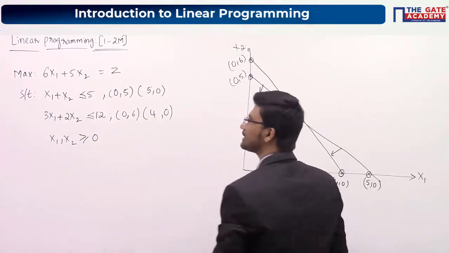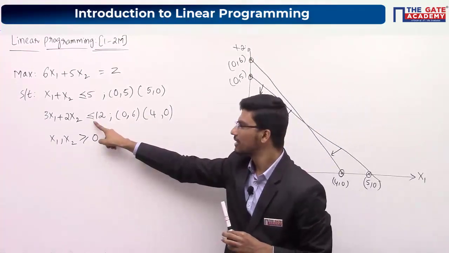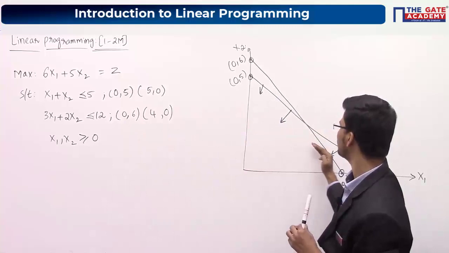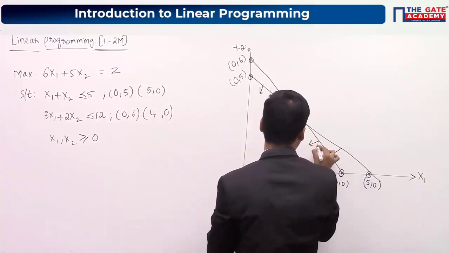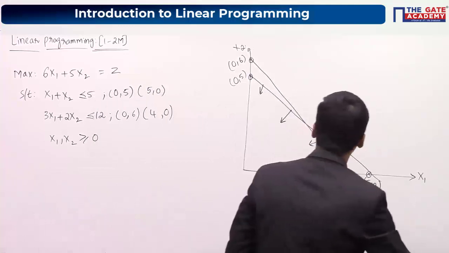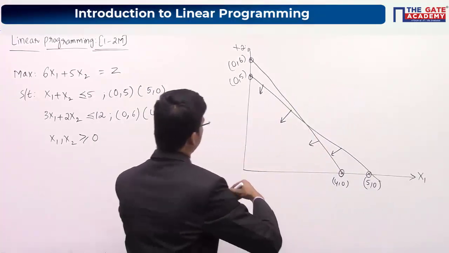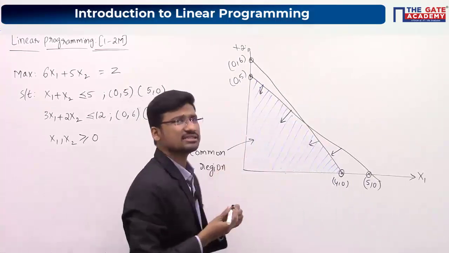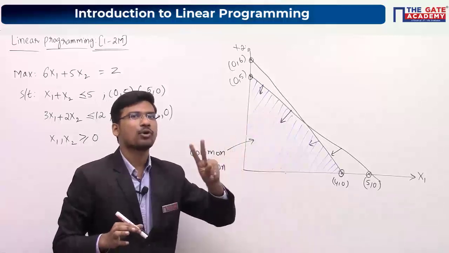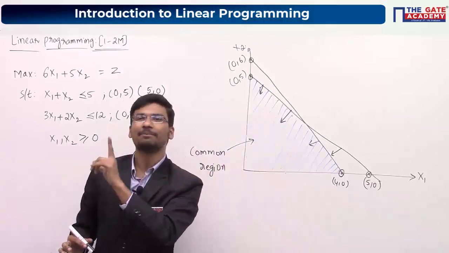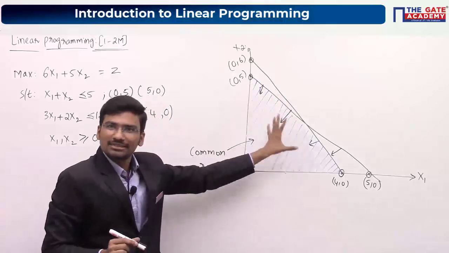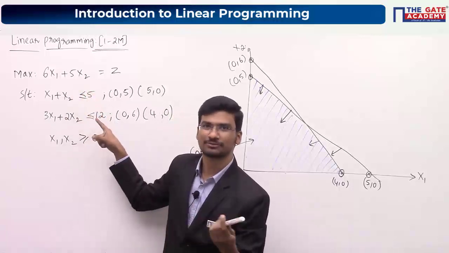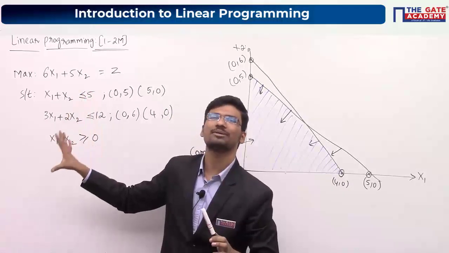Now again just tell me what is the region satisfied by this particular constraint. Again it is of less than or equal to type. In the sense it should be towards the origin or downwards of this particular straight line. So it should be like this. Now we are just identifying the common region between these 2 inequalities or constraints. Now this is the common region. Common region in the sense this region will be satisfied by both the constraints, or all the constraints which are present in the LPP. That means if you take any point from this common region, that point will satisfy both the constraints. If you substitute that particular point here, both the constraints will be satisfied.